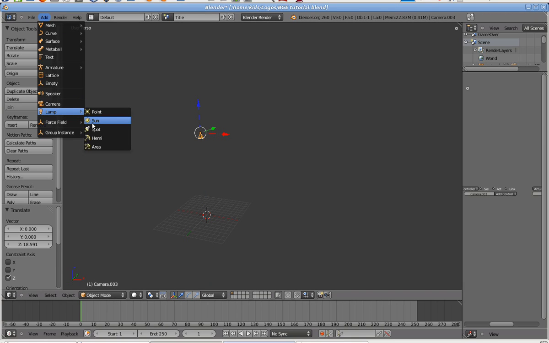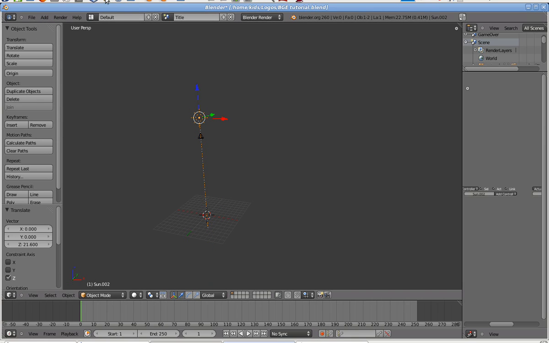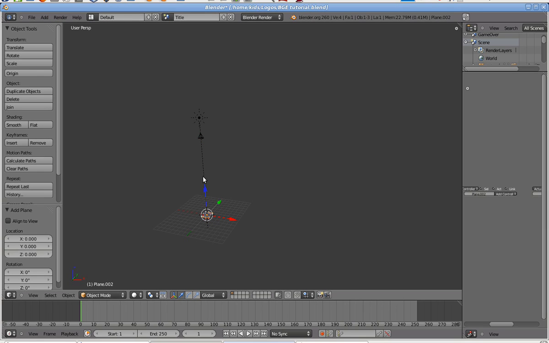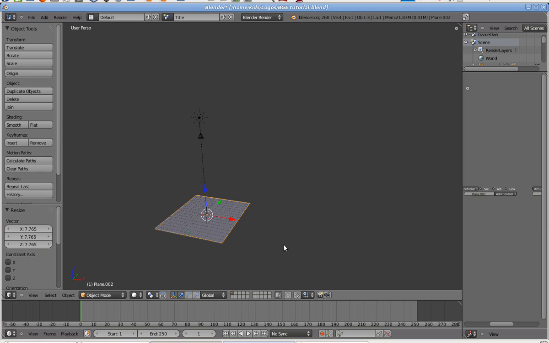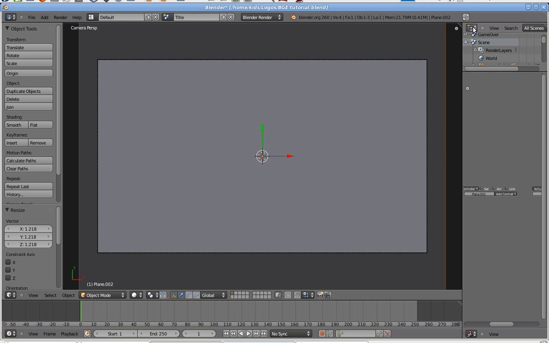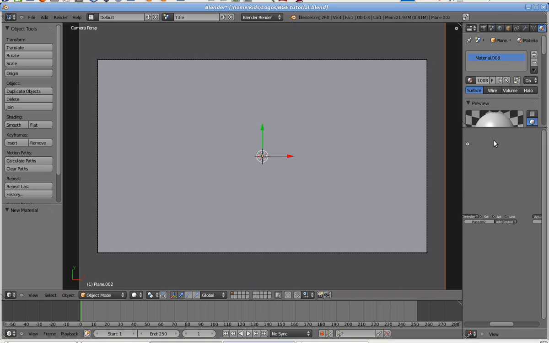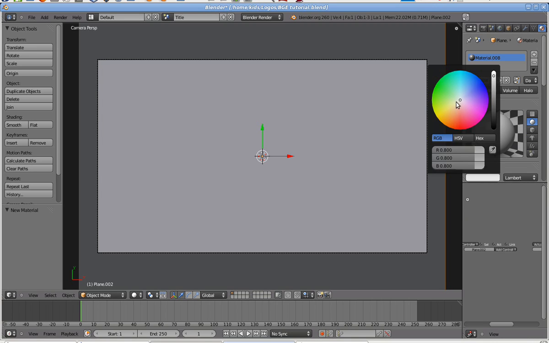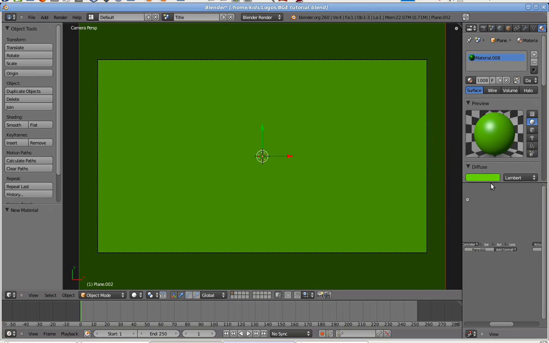add lamp sun, drag that up, add mesh plane, scale that up, and yeah, so this is going to be your title page. So in properties, go over to the material panel, click new, make it whatever you want. I'm just going to make mine green, and